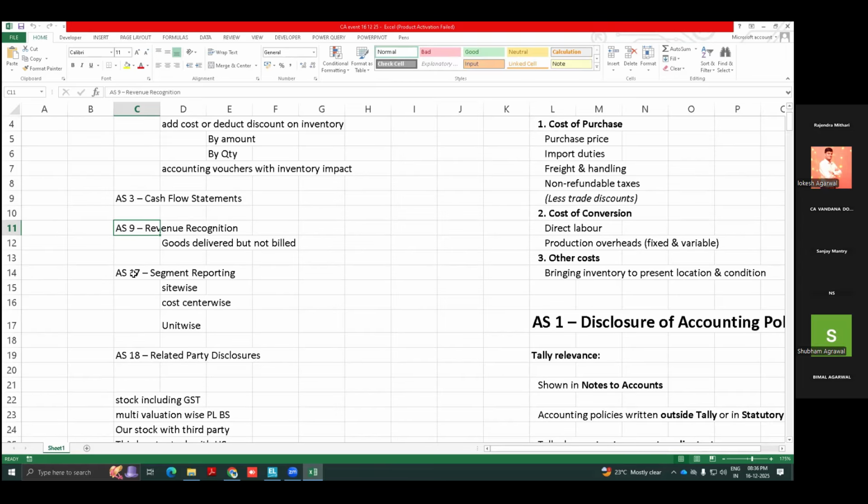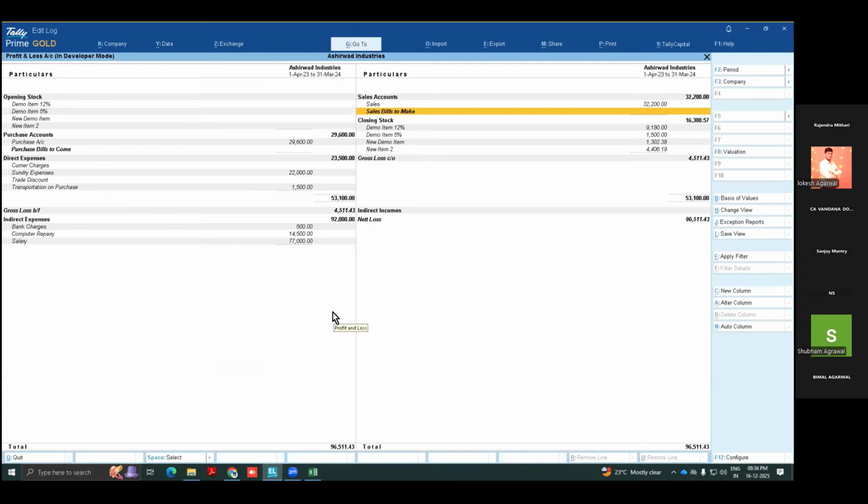Now, next one we can say segment wise reporting. So, segment wise reporting, we know what we want. There are two types of segments, I think, business wise and operation wise. But I am not going into theory. I just want to tell you how you can do that. One is, if I have a construction business and 5 sites are running, then I need site wise profit and loss, simple.